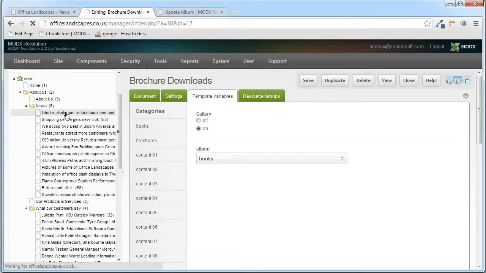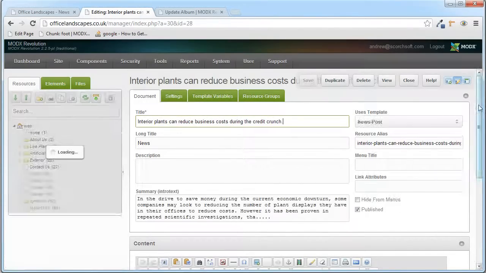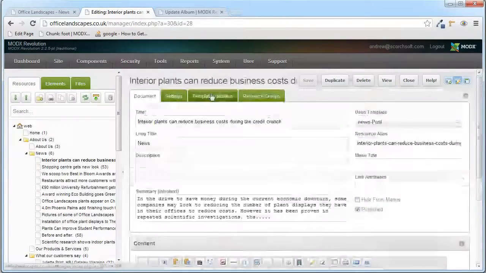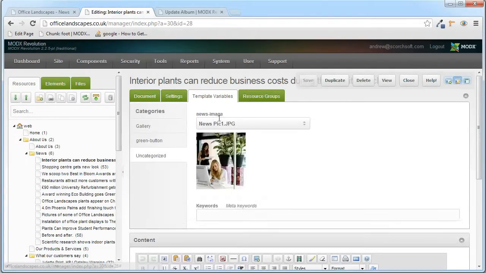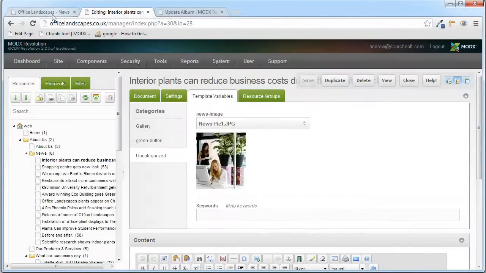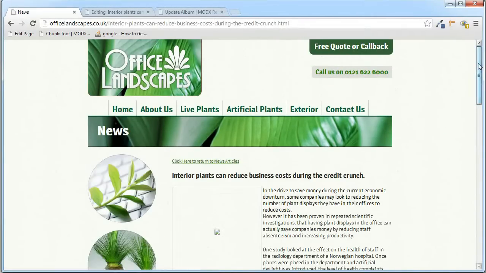Now if we go to interior plants, you'll notice it is news post and the content has been filled in. Now in template variables, here we have news image. Now this again will open up this, and you select an image which in turn will be shown at the side of this section. Clicking read more or the title will take you into the actual news page itself,